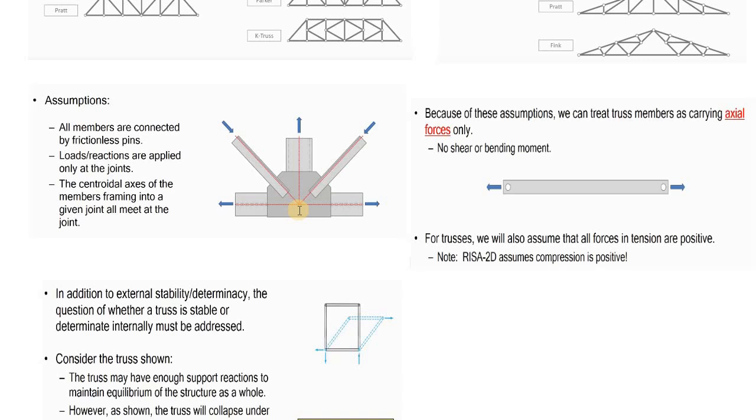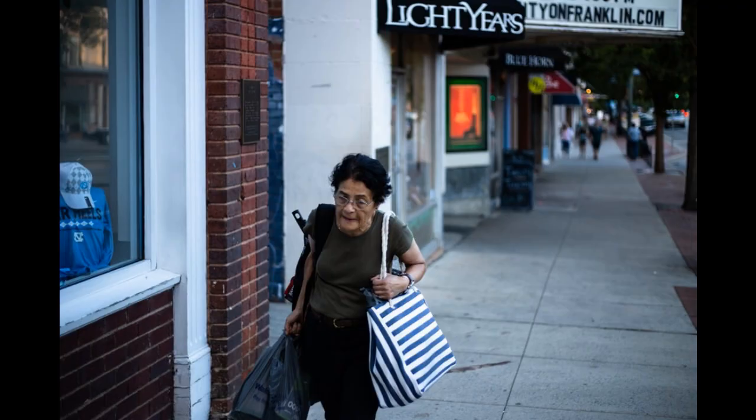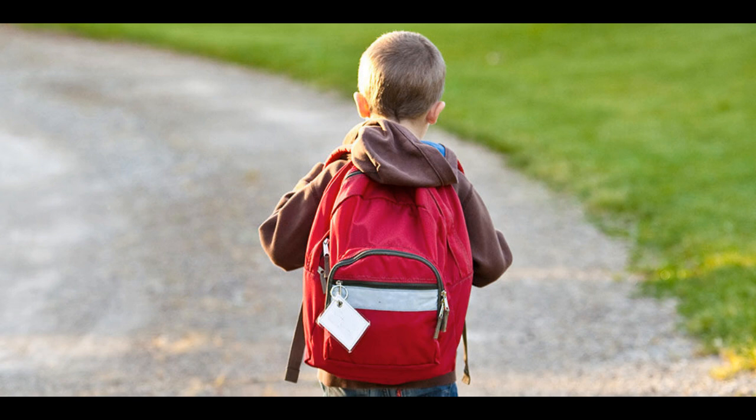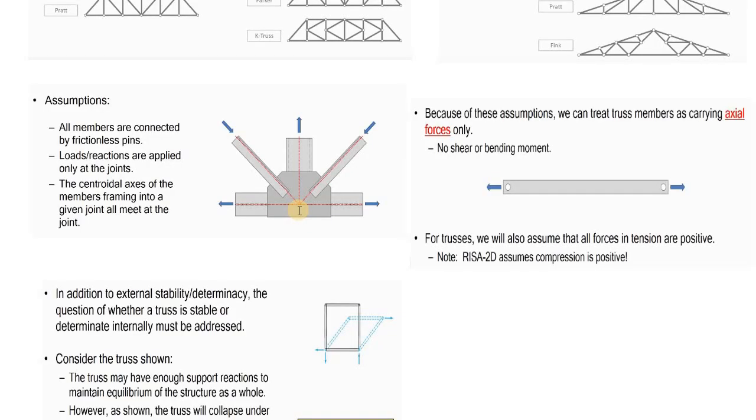Take for example, if you have a bag on your right hand, this bag will try to pull you down to the right, because the bag is not located at the centroid. But if you have the handbag right at the middle of your body, meaning this bag is located at the centroid, this will tend to be more stable than if you have the bag on your right arm. So this is what we know as centroid. All the resultant forces need to pass through a common point and they need to be at the middle.